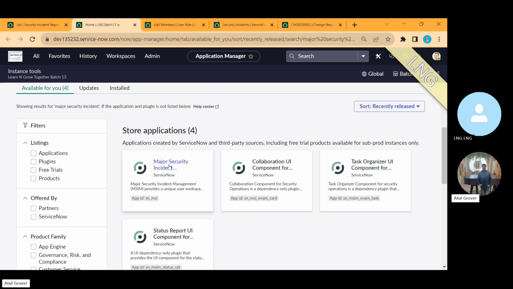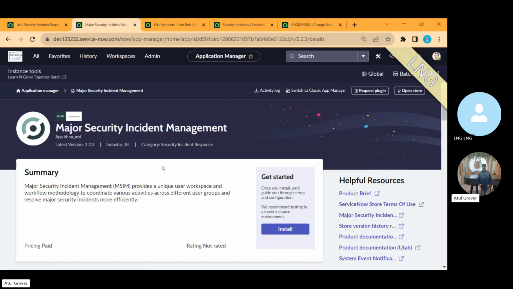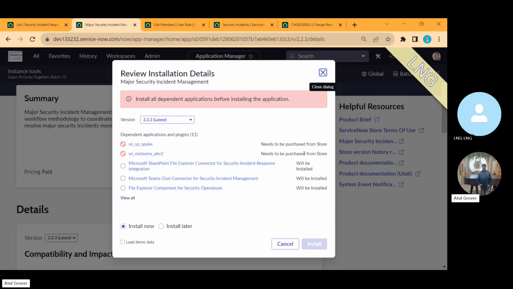This one. And it starts with SN_MSI major security incident. When I click on this, I hoped I would be able to get this particular app in my PDI. But when I click on install, I got a message that I need to purchase it from the store. I tried to find out if there is any way I can purchase from the store, but later on when I did some research, I found that these are only available for the enterprise only,